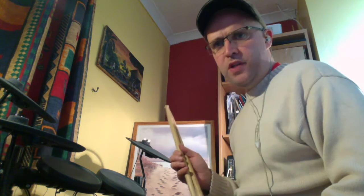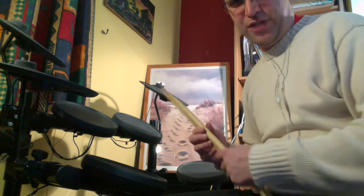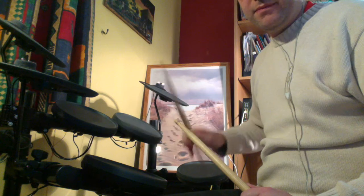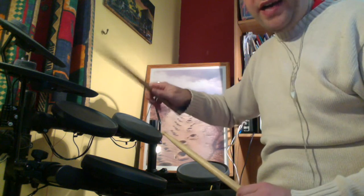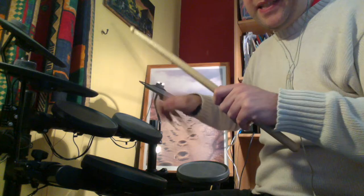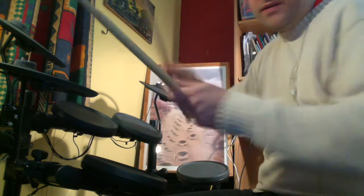But okay, so first of all, with kit playing, just to go through the different things, you've got a kick drum, which you can hopefully hear down there. You've got a snare, so I might just adjust the angle. This is an electric drum kit, so it's imitating the sounds. You've got a hi-hat, which is two cymbals together, and actually my foot is on the floor. If I lift my foot up, the cymbals come apart, and then